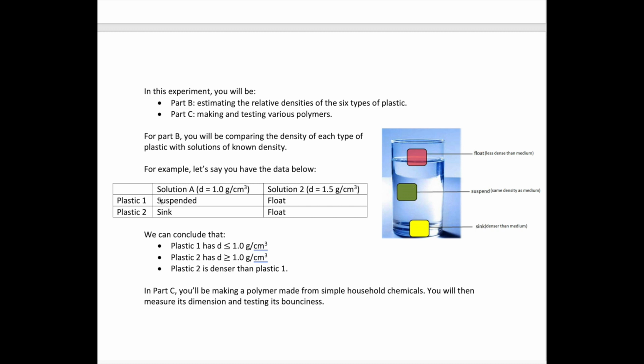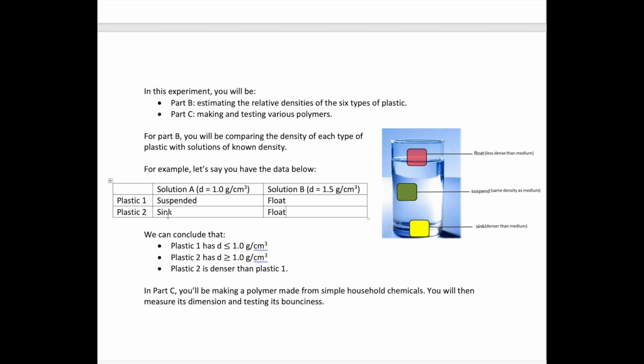So for example, let's say you collected the data and it looks something like this. Let's say you have 2 solutions, A and B, and A has a density of 1 gram per cubic centimeter, whereas B has a density of 1.5 grams per cubic centimeter. You put in 2 different types of plastics. For plastic 1, you see that it's suspended in solution A, but it's floating in solution B. So just from that observation, you can tell that the density is probably very similar to solution A, maybe around 1. But then it's not much higher than that because it's floating in solution B, so its density is much lower than 1.5. So we can conclude that plastic 1 has a density of less than or equal to 1,